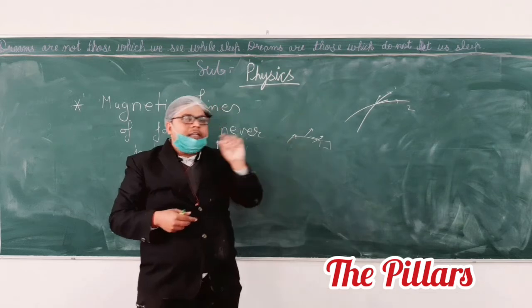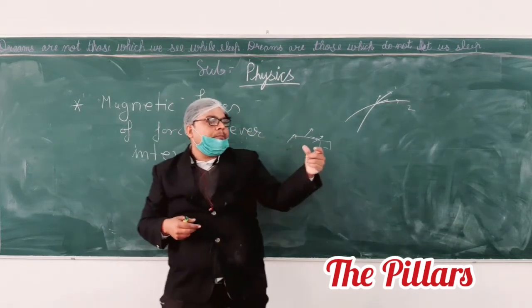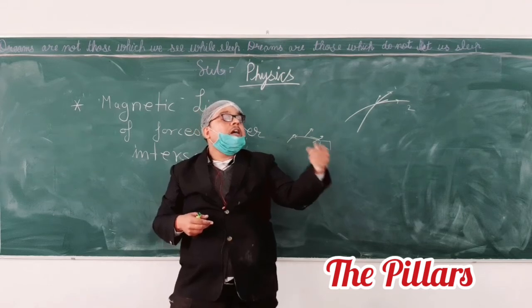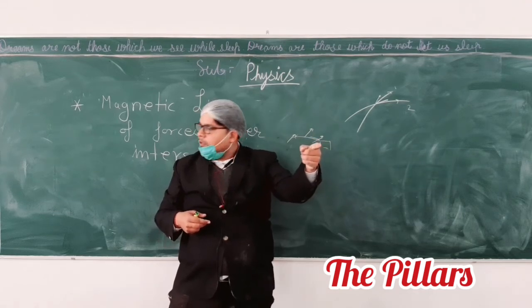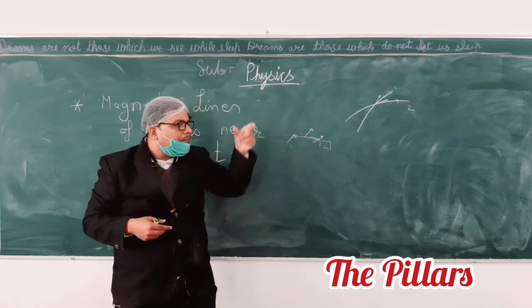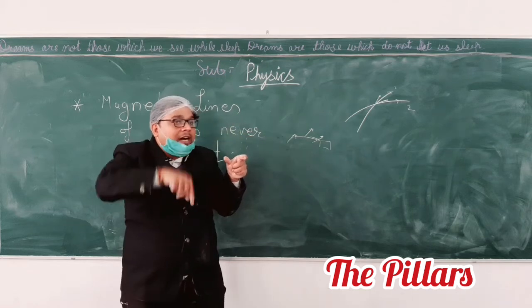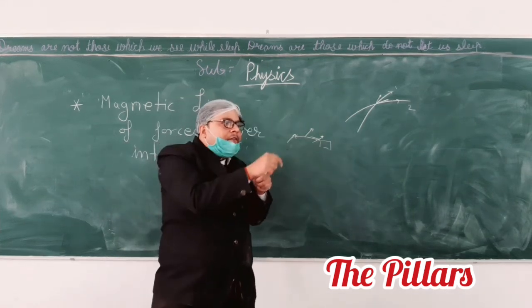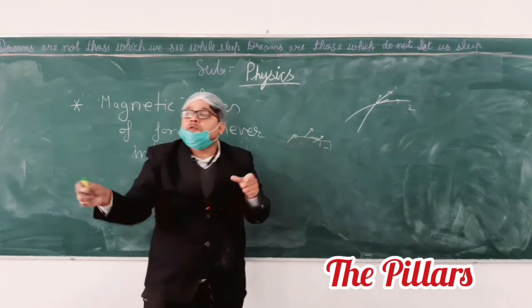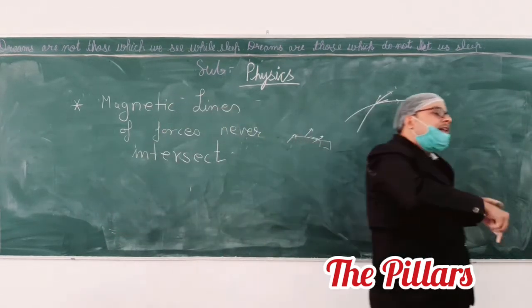See, if you draw without a bar magnet, whatever deflection you are getting in the needle will be for the magnetic field of the earth. Yes or no? Yes, sir. Now if you are placing a bar magnet there, then we are having a net magnetic field in the region due to both earth as well as the magnet, so whatever magnetic lines of force you are going to get, it is due to both of them. It is not that it is only for the bar magnet.